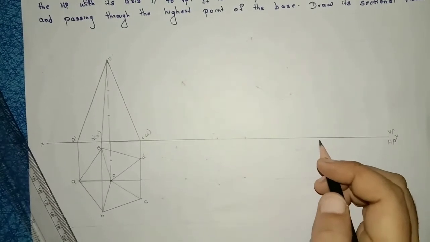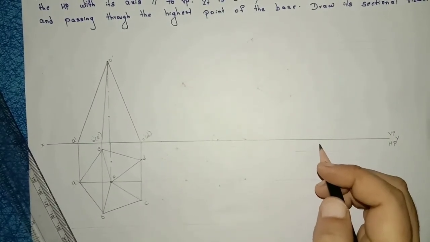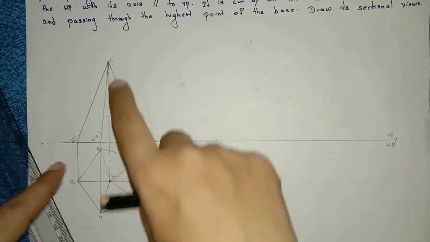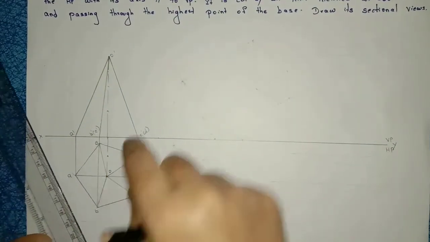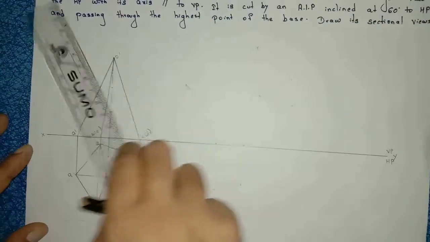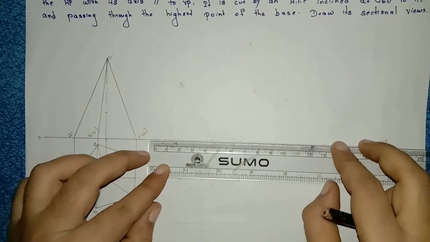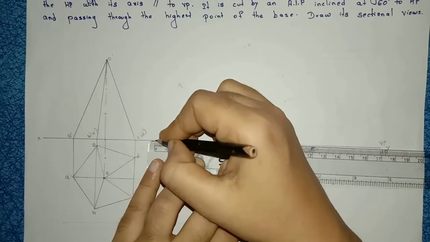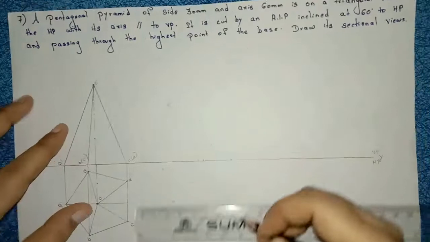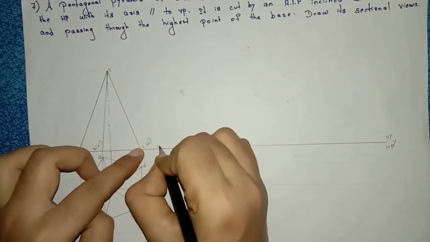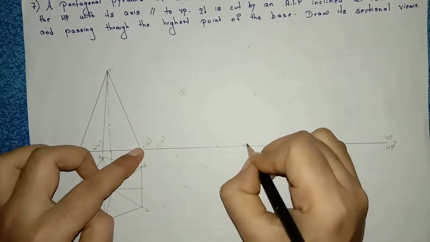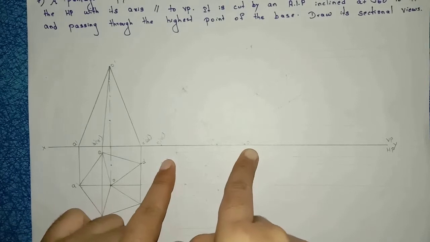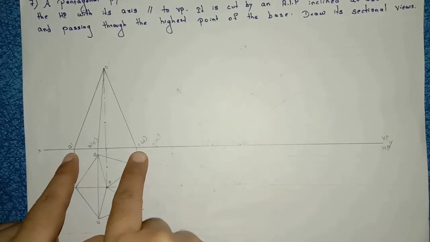Right, now here they mention that the triangular face is on HP. So these are the faces of the triangle, O dash to C dash and O dash to A dash. Take any one of the sides. I am taking this side O dash to C dash and I am drawing that length here. So this point is here C1 dash, D1 dash and this point is here O1 dash. I am taking this length and drawing it here. After that I will take this length with the help of compass.